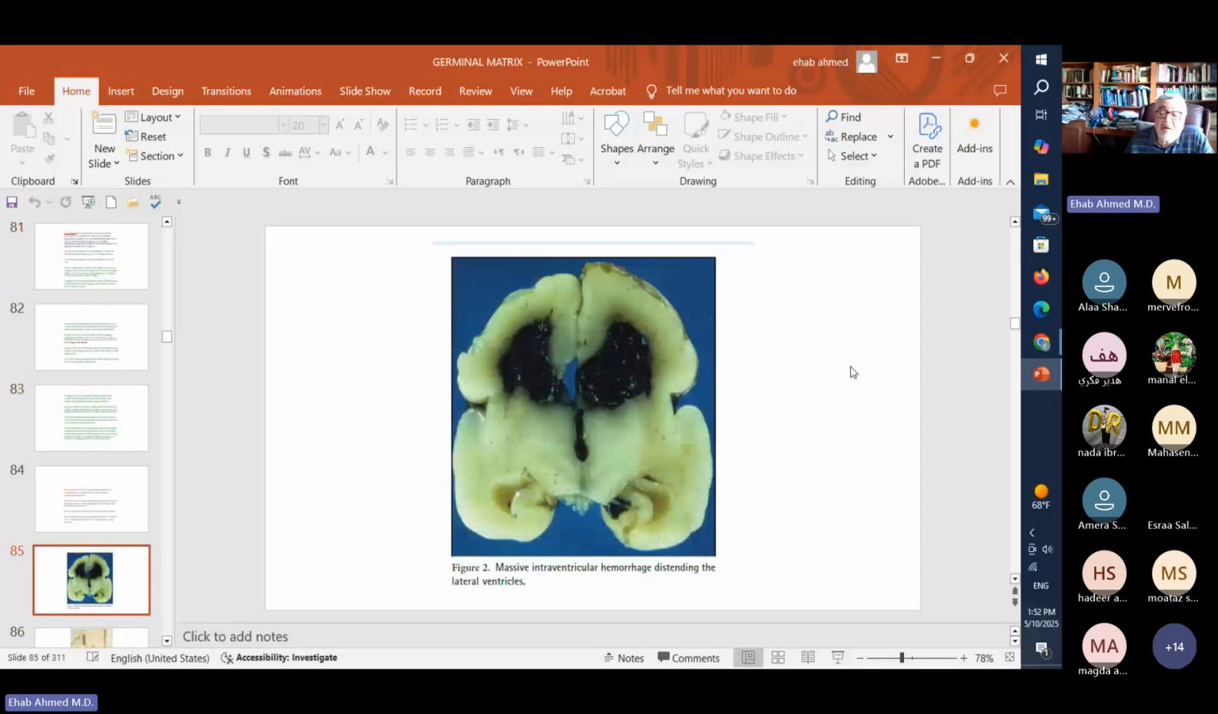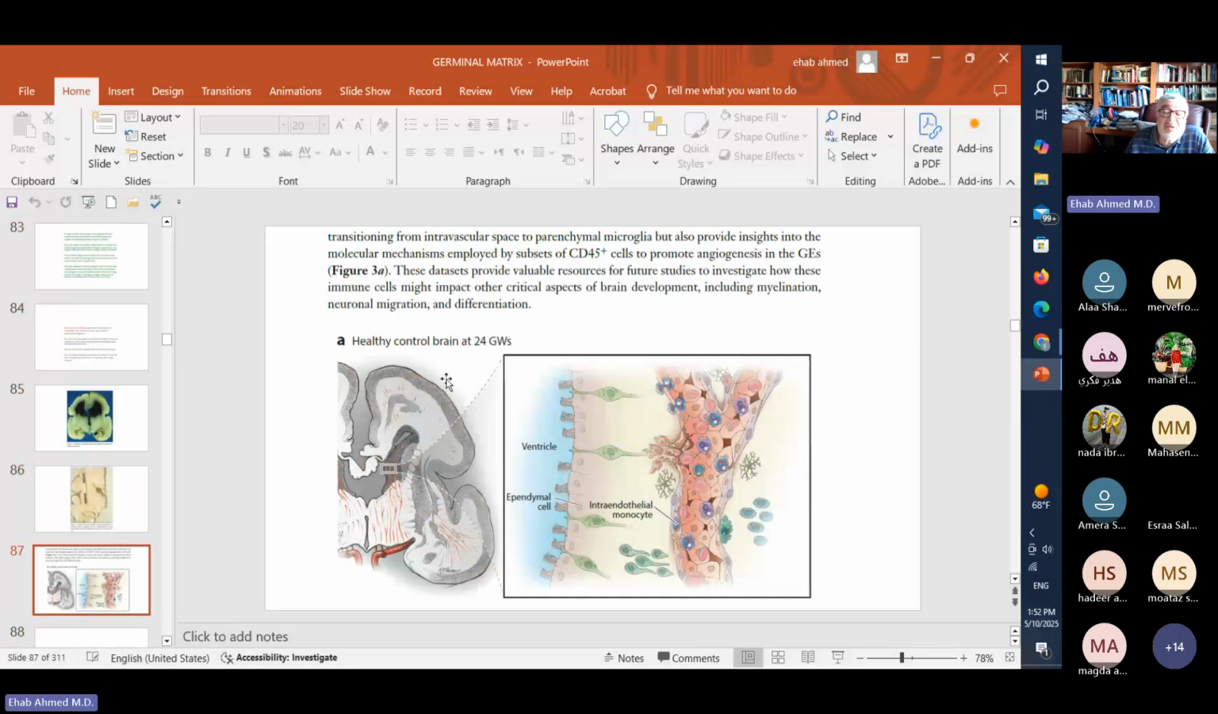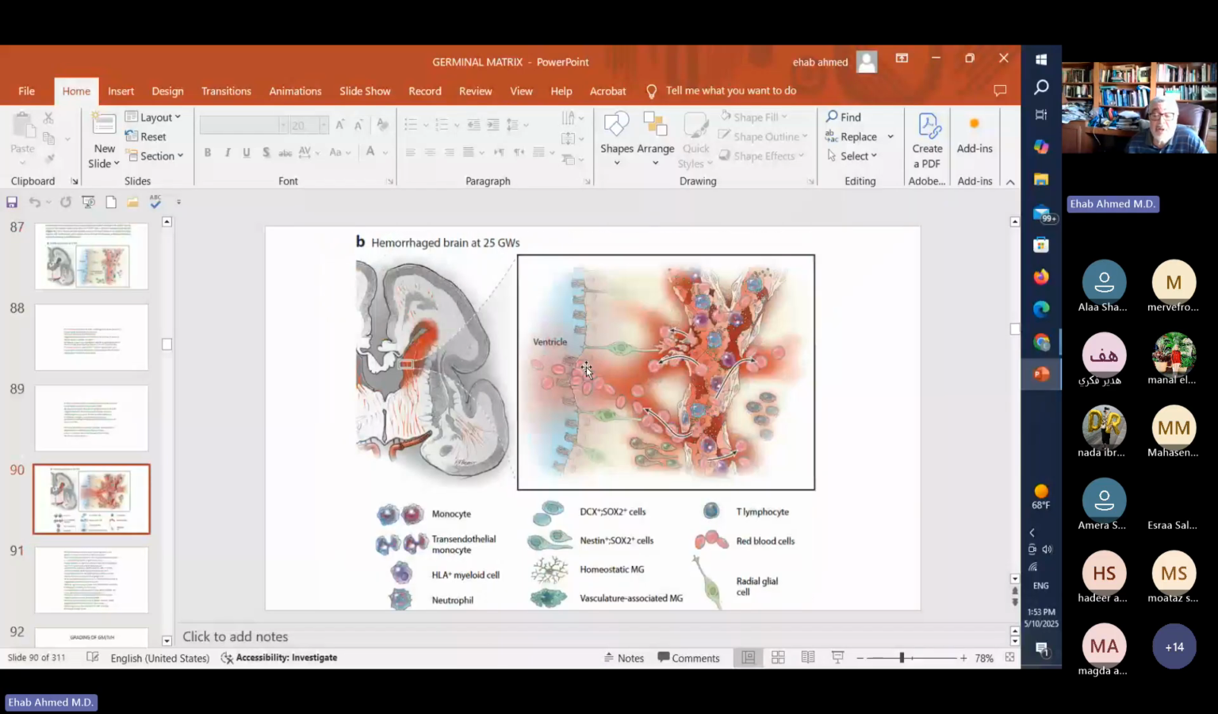Yes, this is another sample. Also, if you go to the cellular mechanisms, this is a more sophisticated study that is working on the cellular change. This is the normal germinal matrix, and this is the germinal matrix when